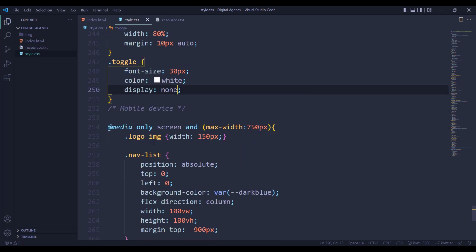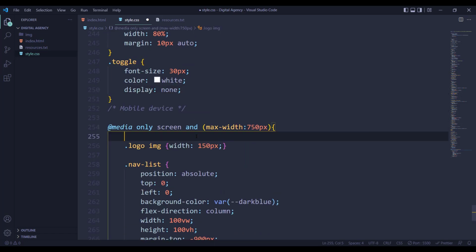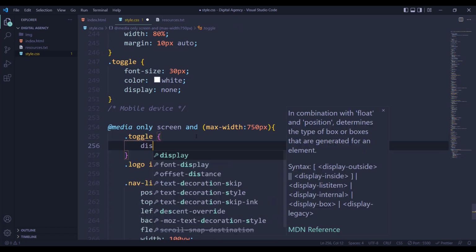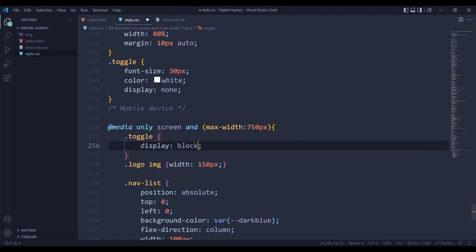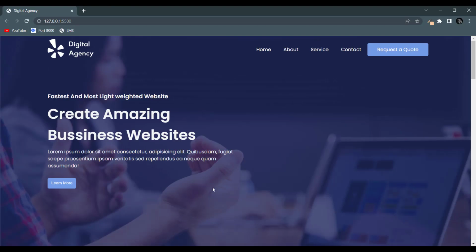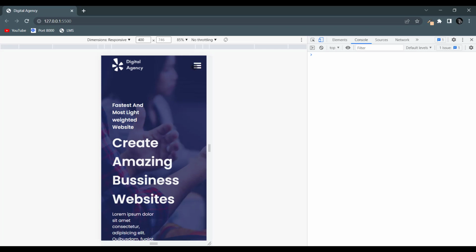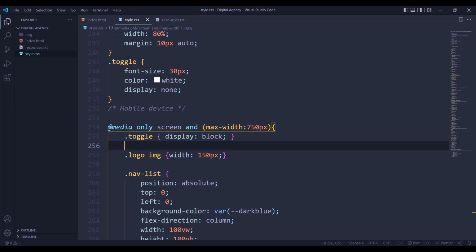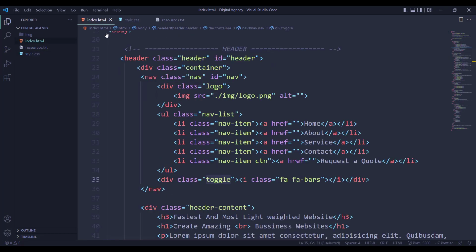And inside the mobile device for the toggle, I will add display block, so that it only appears on the mobile device. Awesome. Now you can see inside the mobile device we have our toggle button. And after clicking on this menu button, I want to display the nav links. So to do that, inside the HTML file,